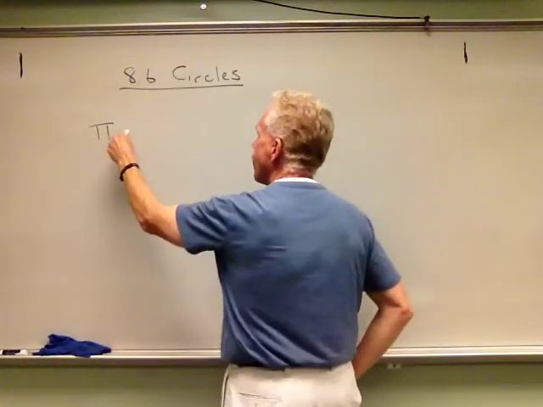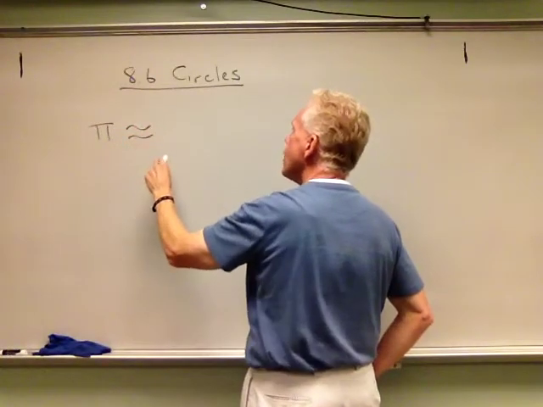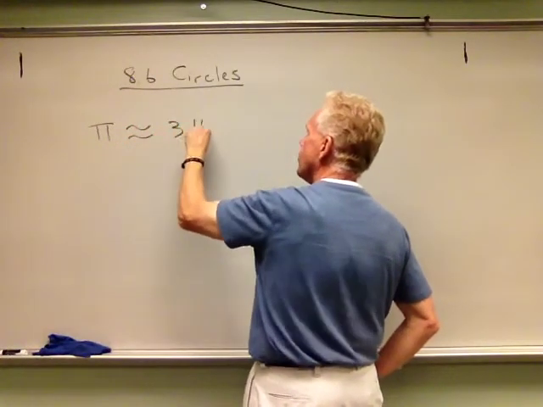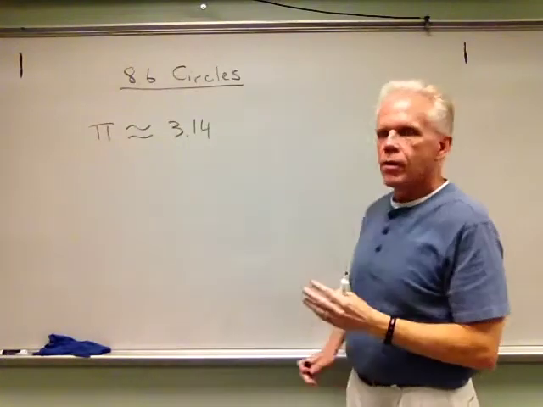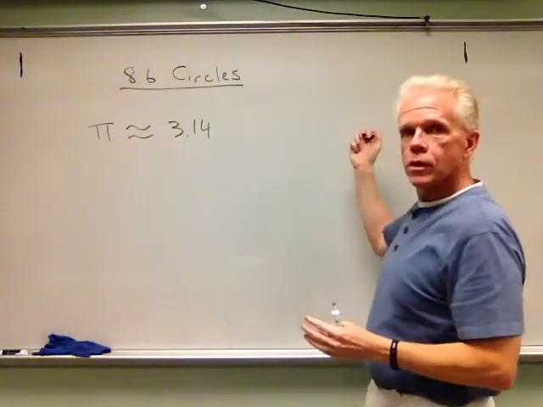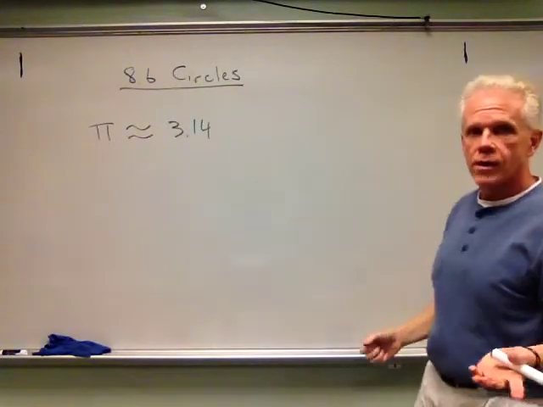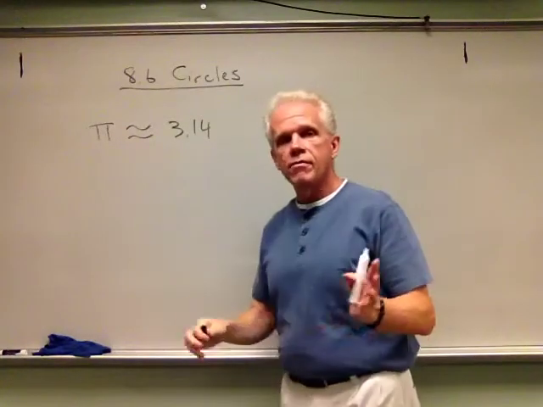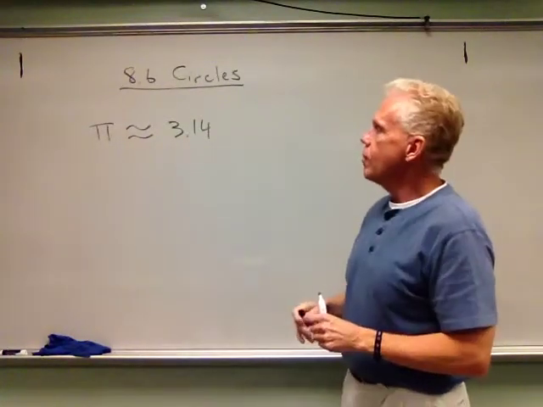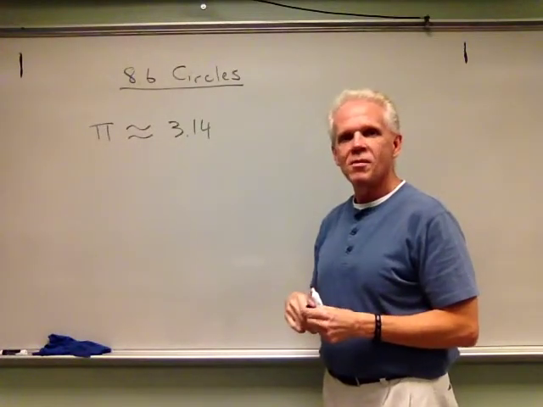Now pi, for our purposes, is approximately, roughly equal to 3.14. Now pi's real number is an infinite number. It keeps going and going and going. Oh, I've got to stop here somewhere. I could just keep going. Pi keeps going forever and ever, but for our practical purposes, we typically work out pi using the number rounded